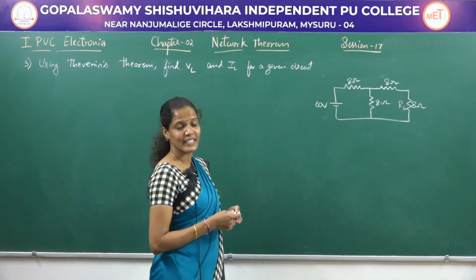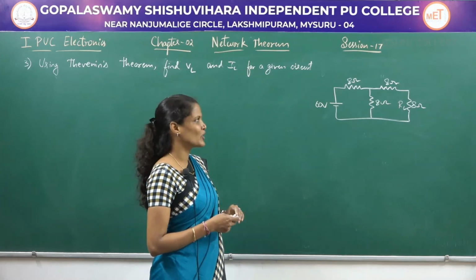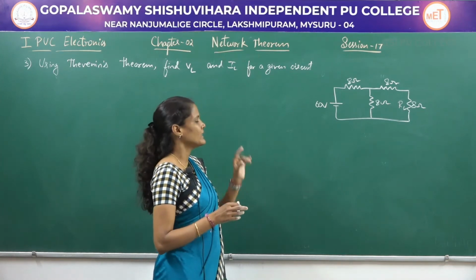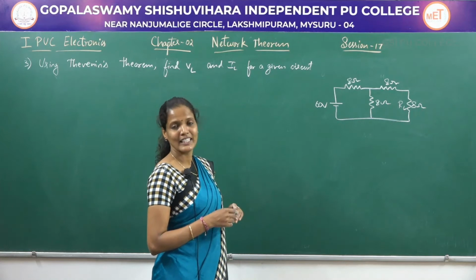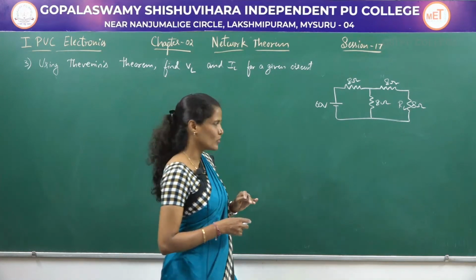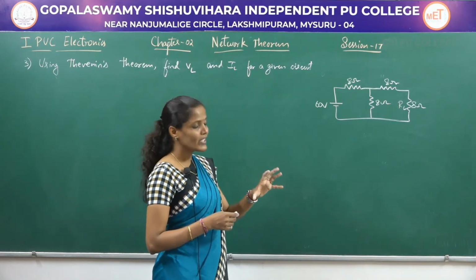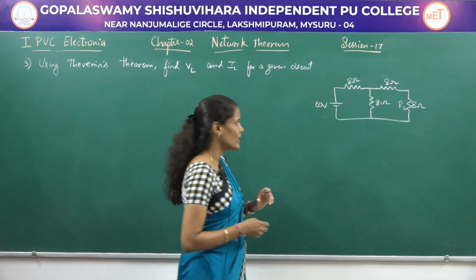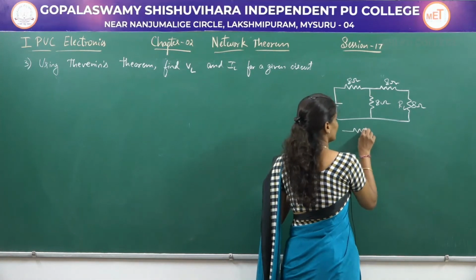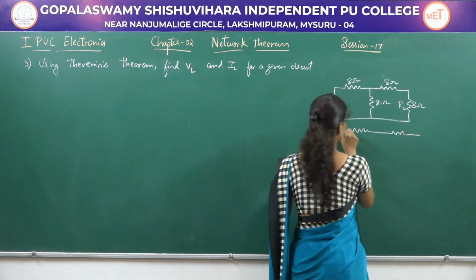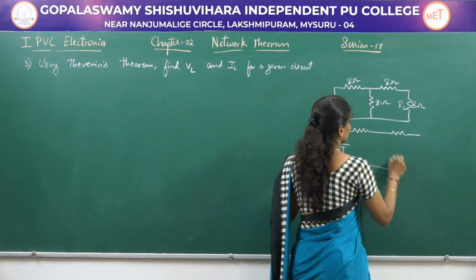All the values of the resistors given in this particular circuit diagram are 8 ohms, and the voltage source connected in this problem is 60 volts. So the very first step while solving with Thevenin's theorem is to identify the load resistor and remove that load resistor. So the circuit diagram will be like this: 8